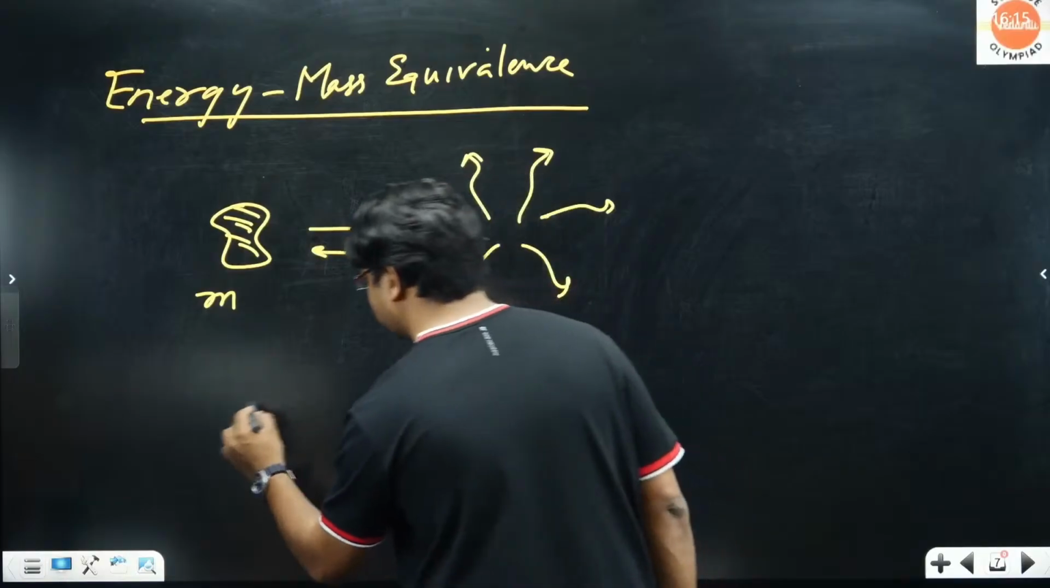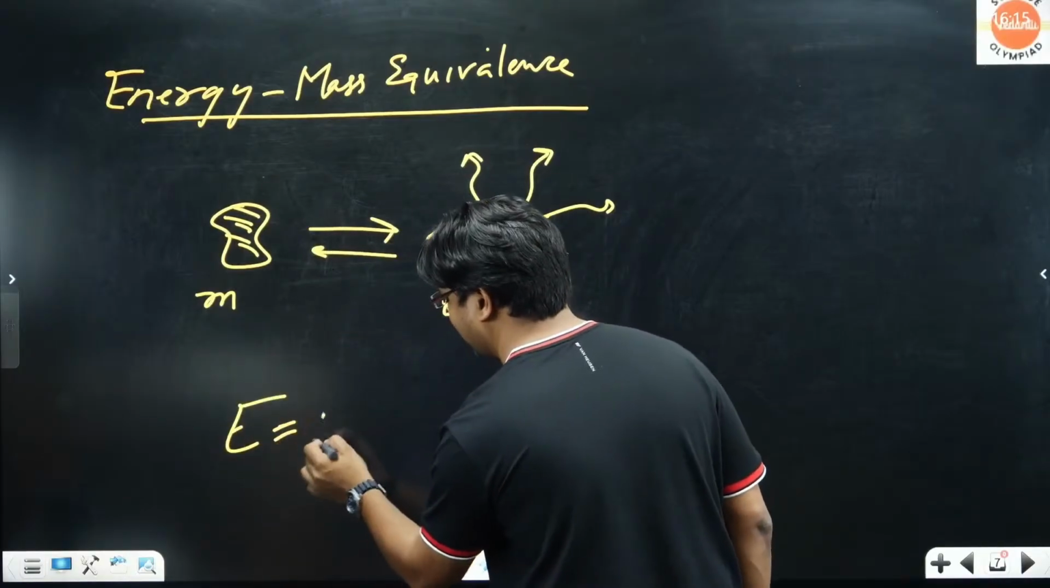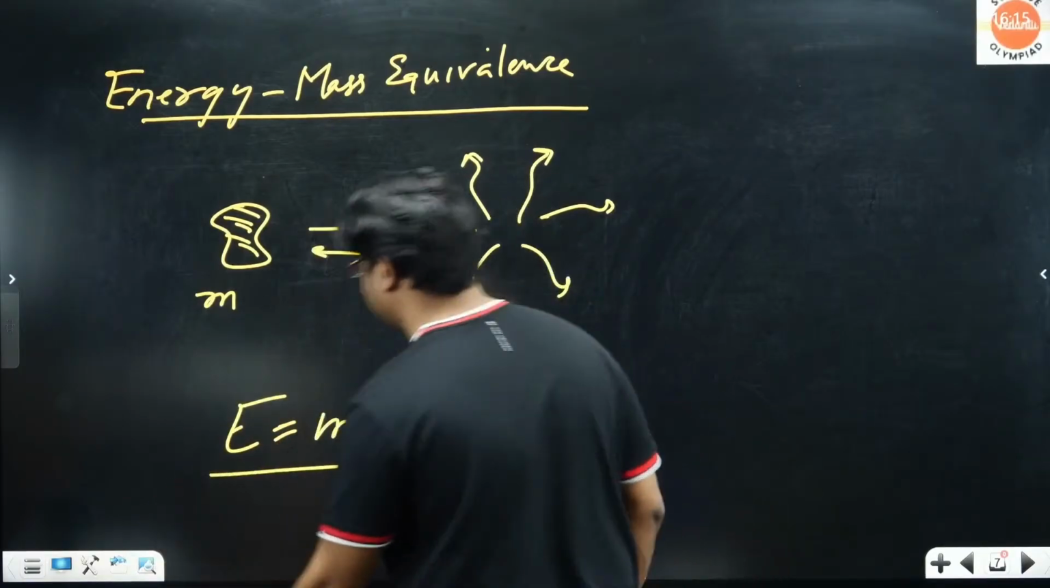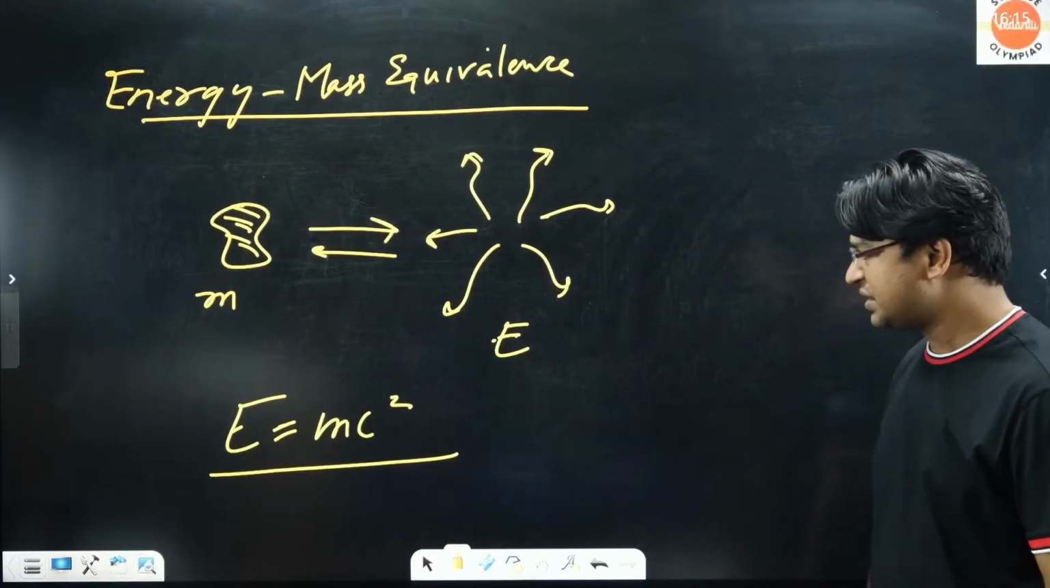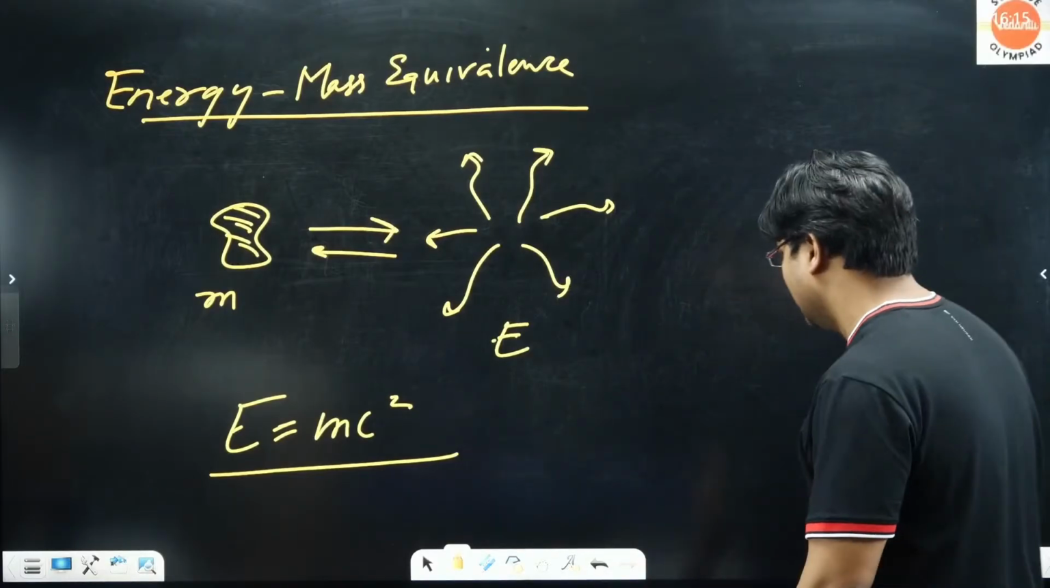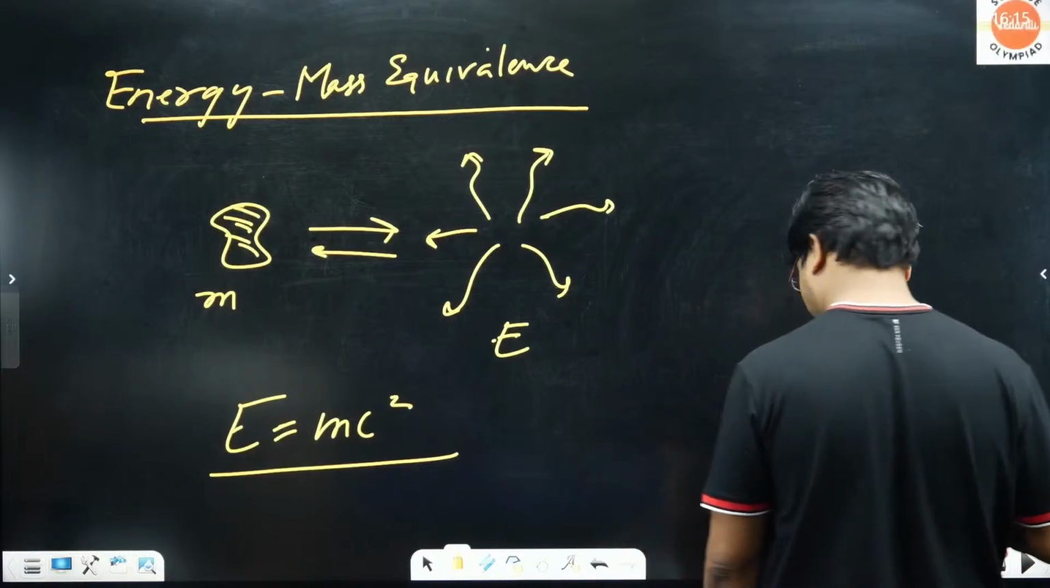And what is the conversion equation? That is the famous equation from Einstein, E equal to mc square. So that is the equation. Okay, E equal to mc square. Okay, now